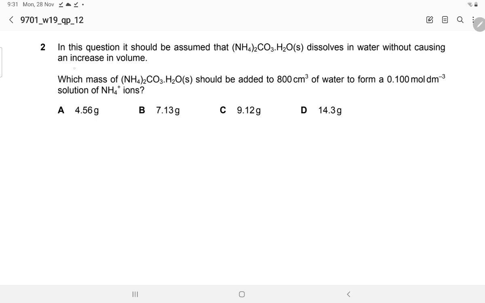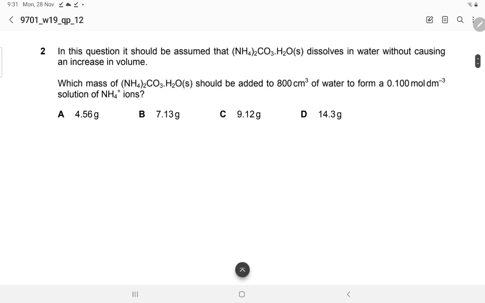Next question is, in this question it should be assumed that hydrated ammonium carbonate dissolved in water without causing an increase in volume. Which mass